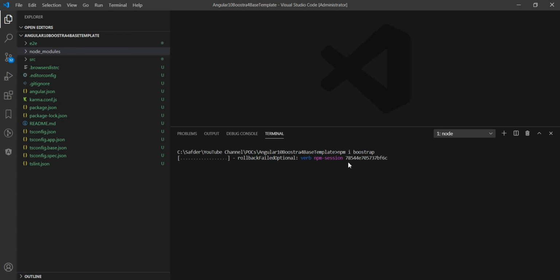It will take some time. Sorry, there is some mistake in the package name. It should be bootstrap. Yeah, so the correct package name is bootstrap.